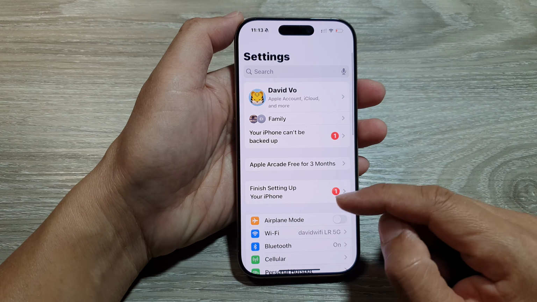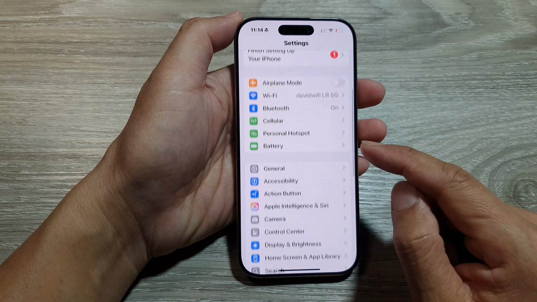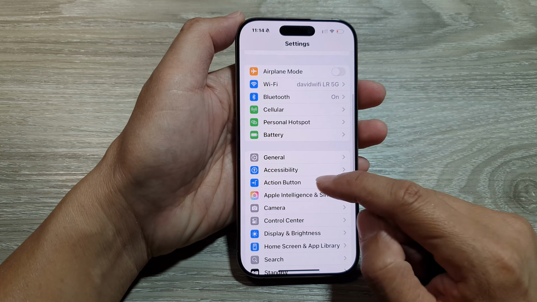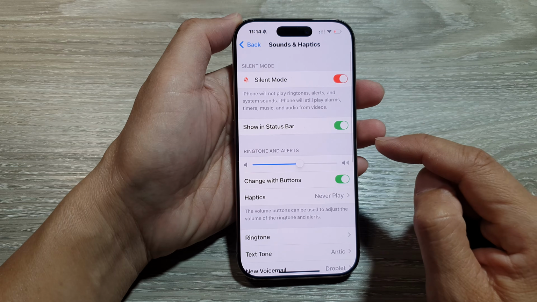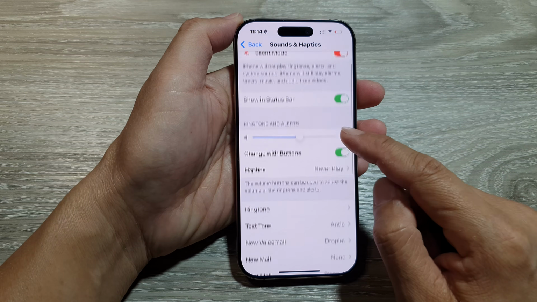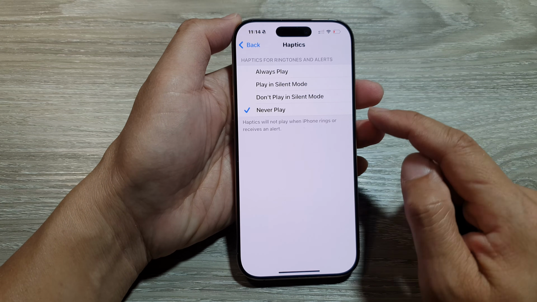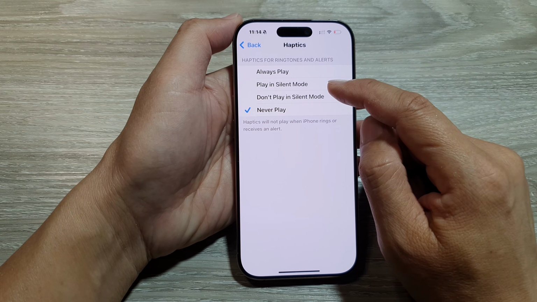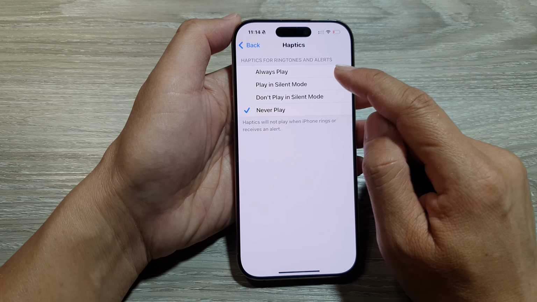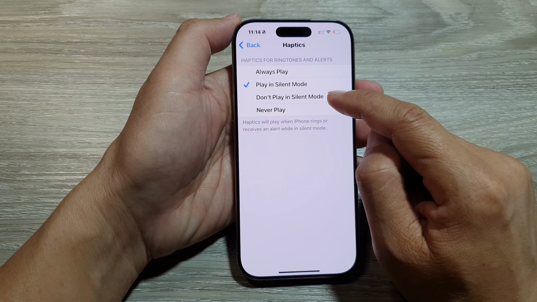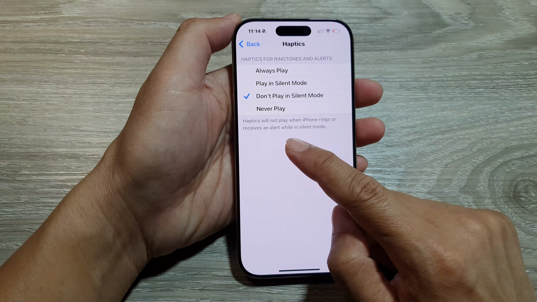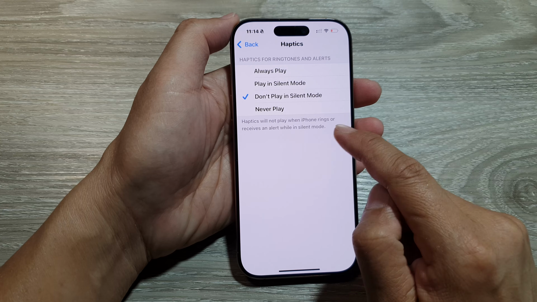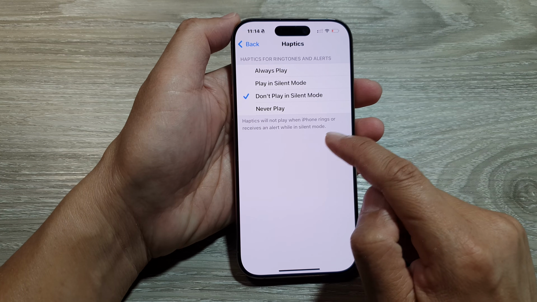Then in the Settings page, we scroll down and then tap on Sounds and Haptics. Next, in here, tap on Haptics, and then you can choose to play vibration in silent mode or don't have vibration in silent mode. Here's the haptics will not play when iPhone rings or receive an alert while in silent